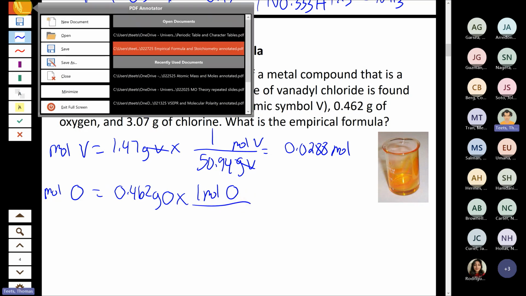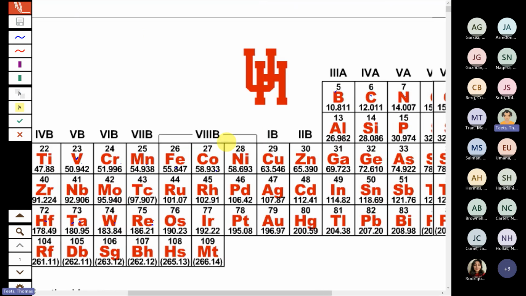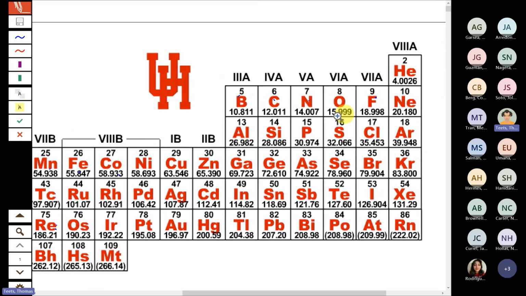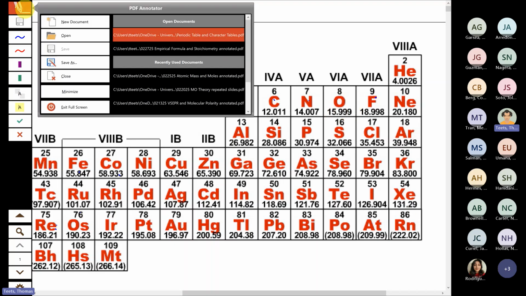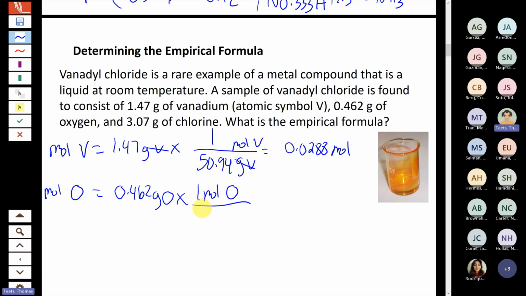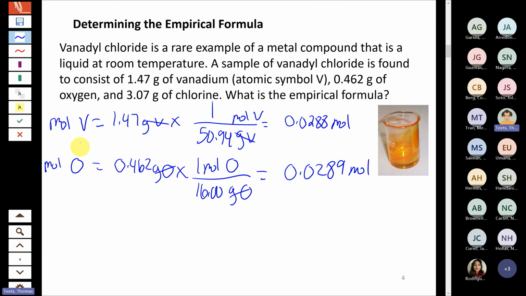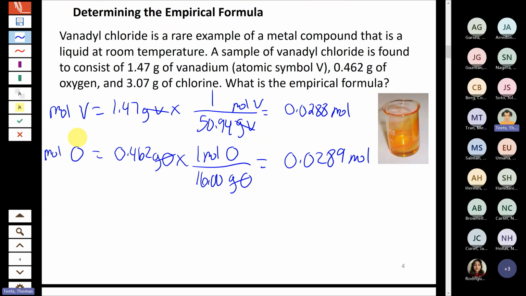And then we have to find the atomic mass of oxygen, which is one we'll see a lot, 16, pretty much exactly 16, right there, number 8. So we're going to use that atomic mass to convert into moles for oxygen, 16.00 grams of oxygen in 1 mole. And we get basically the same number. Depending on how you round it, it might be a little bit different, but we get almost the same number for that. And then when we do chlorine,